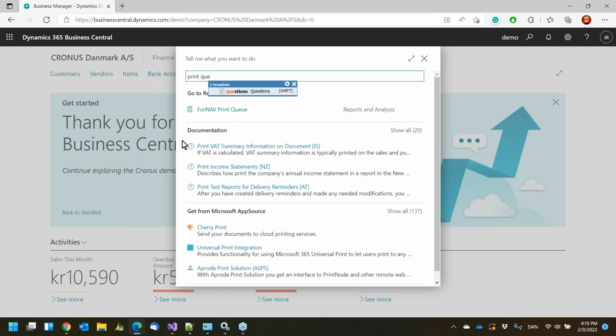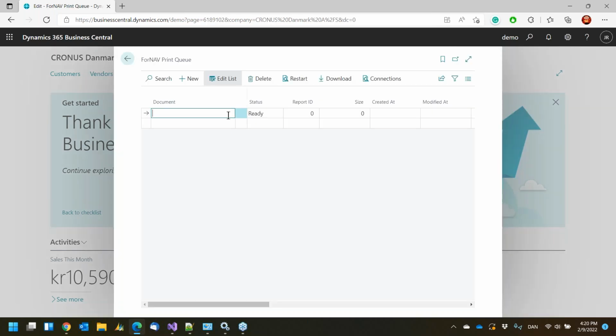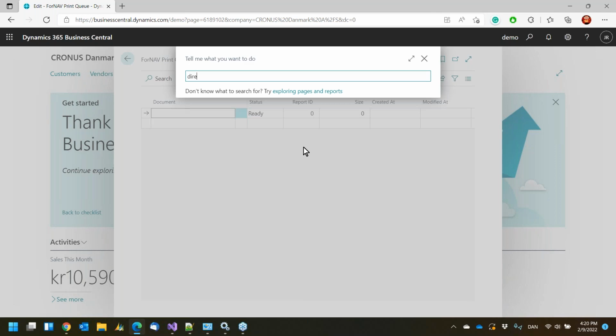In Business Central, we have implemented a print queue, and the print queue is, as it says, a queue of print jobs that has to go to a local printer somewhere. So whenever you print, the print job gets to this print queue, and then it's picked up and sent to a local printer. But in order for us to tell Business Central that a particular print job must go through this print queue, we have to set up something that we call a direct printer, and